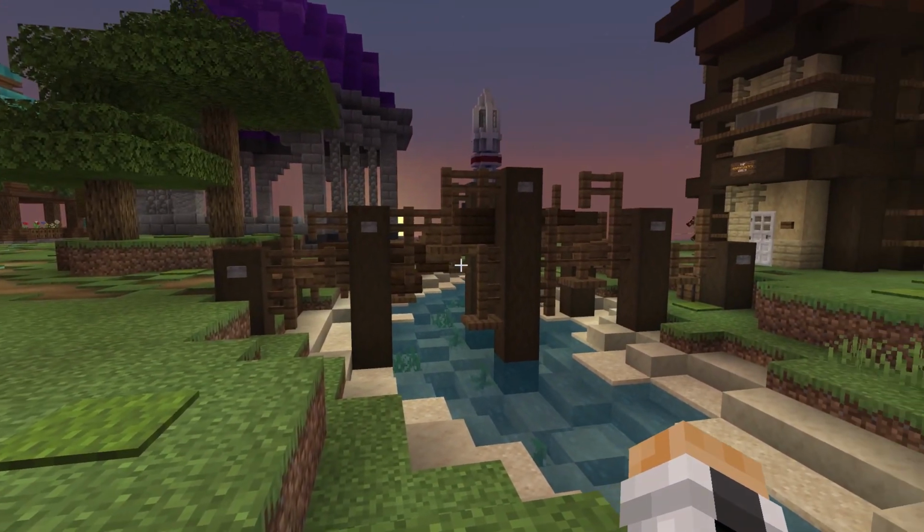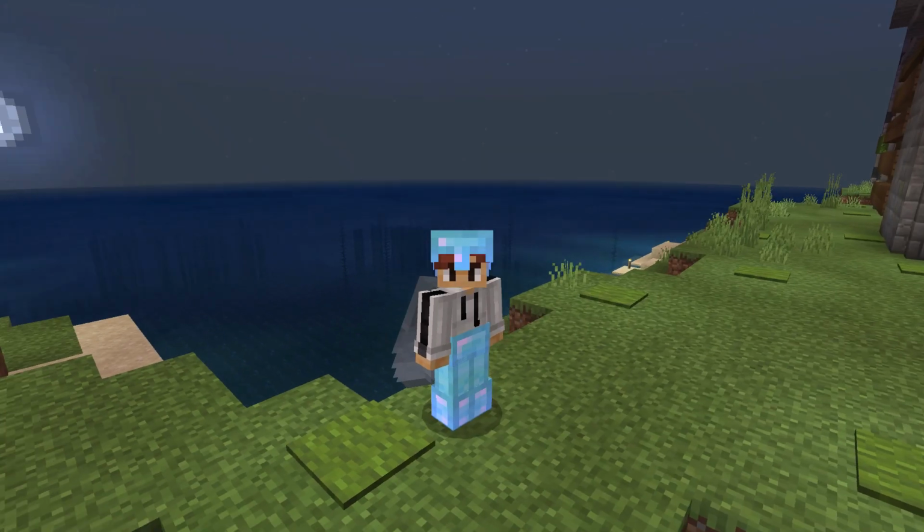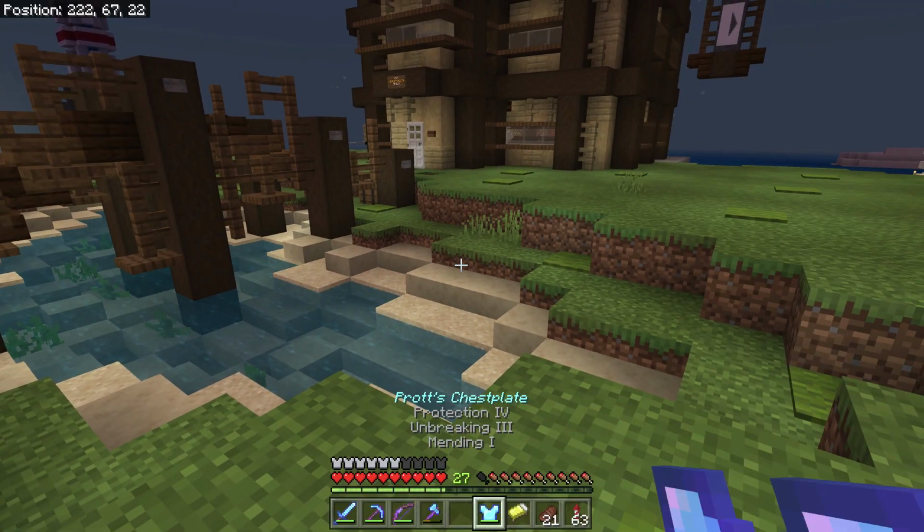And if we turn slowly here, we see that we have a new build here with a lot of detail. And keeping with that same theme with the bridge, this build is a guild hall. And it does look a little...